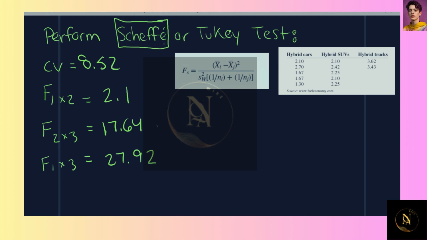In order to know which of these is significant, we want to ask which of these is larger than our critical value. So is 2.1 greater than 8.52? No. Is 17 greater than 8? Yes. And is 27 greater than 8? Yes. So for SUVs and trucks, the differences between those means are different, and the difference between the means of cars and trucks are different. To summarize this, we're going to say